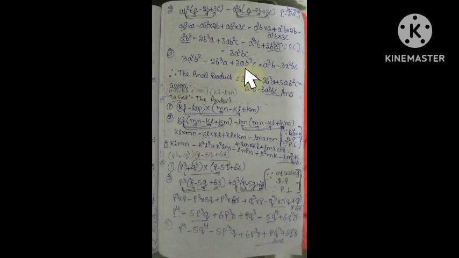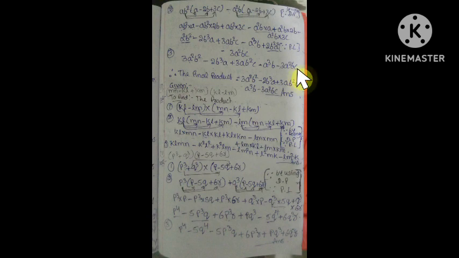Is there any like terms in the above expression? Yes, a²b². Here there is also plus 2a²b². So combining these two like terms, we will get 3a²b². All other remaining terms are different terms only, so as it is, you write it. So minus 2ab³ plus 3ab²c minus a³b minus 3a²bc. This is the final product.